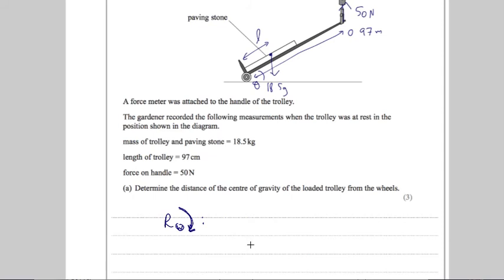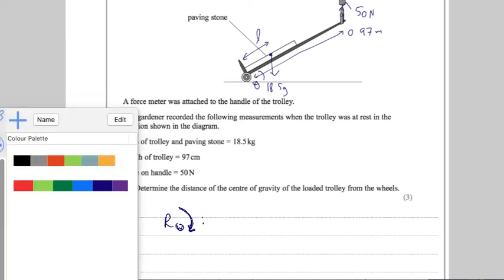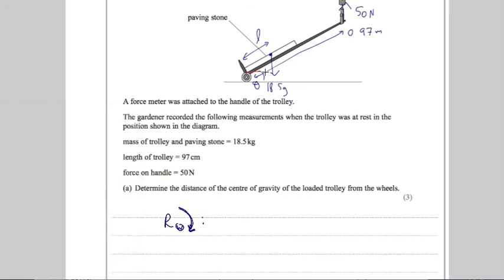If we have an angle theta, then we want the perpendicular distance from the force to the pivot. That would be this distance here. And if this is the angle theta, that is going to be given by the cosine. So the distance from the pivot to that force is L cosine theta